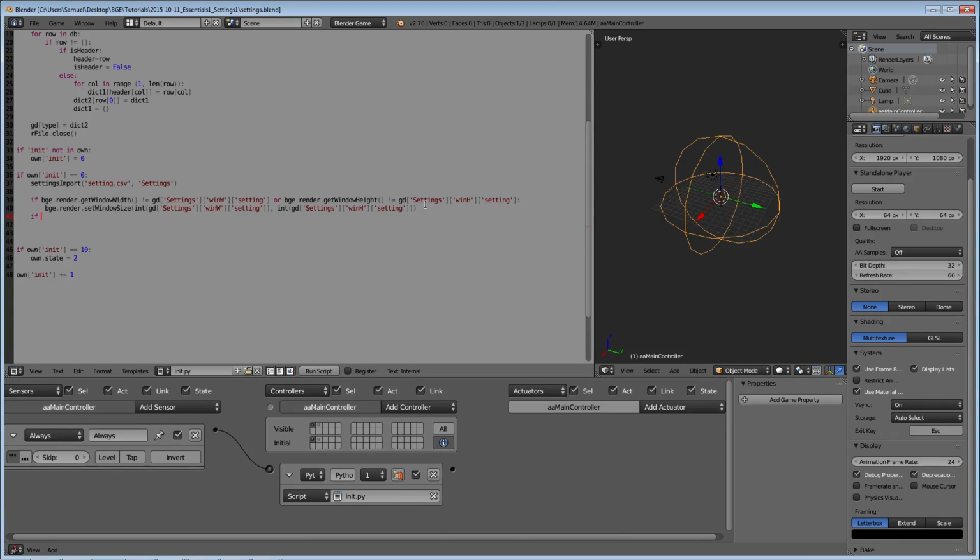So what we're going to be doing is checking what it says in the file against what it is in Blender. Sorry, I'm tired. Okay, so GD settings full screen setting equals 1. So if the setting is set to 1, and